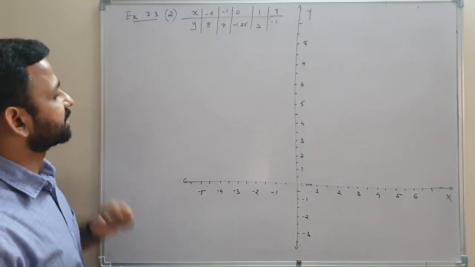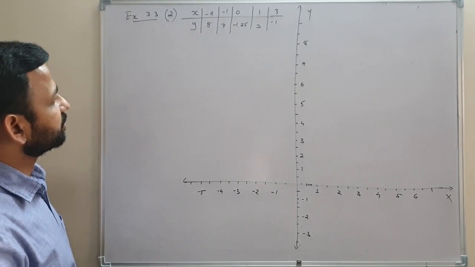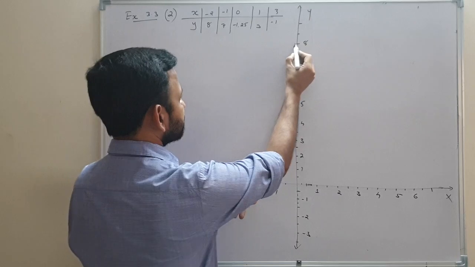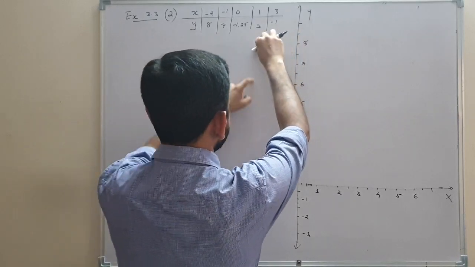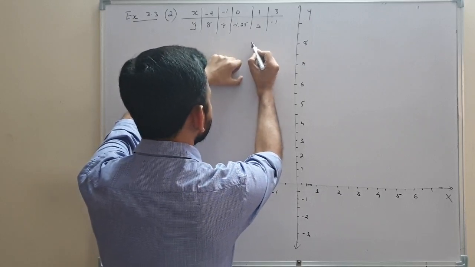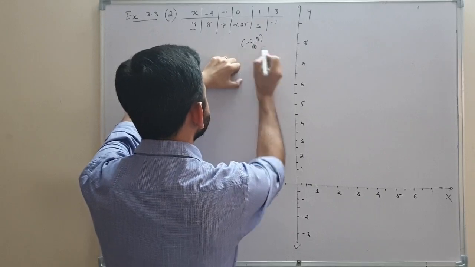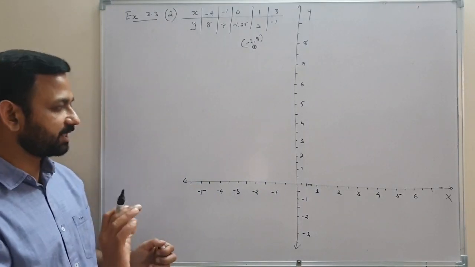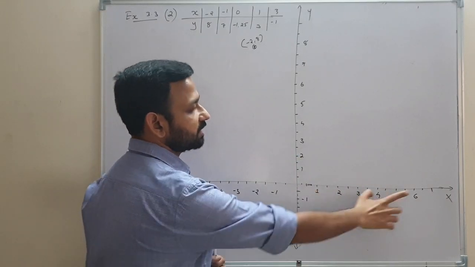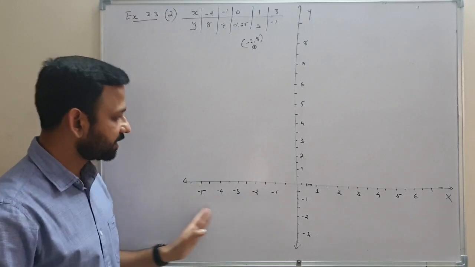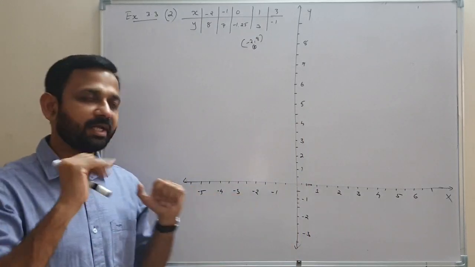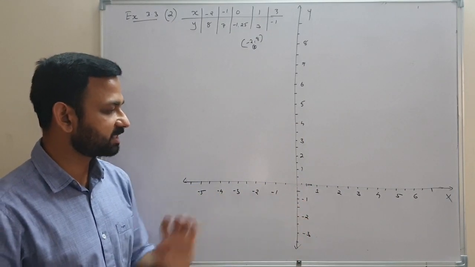First one is minus 2, 8. In the x-axis we take minus 2, and in the y-axis 8. So this is our point, minus 2, 8, and in a graph sheet we can easily locate it. Once again, listen: alternate places we need to take 1, 2, 3, 4, 5, and the same above and below the x-axis. In the y-axis also we take alternate places: minus 1, minus 2, minus 3.